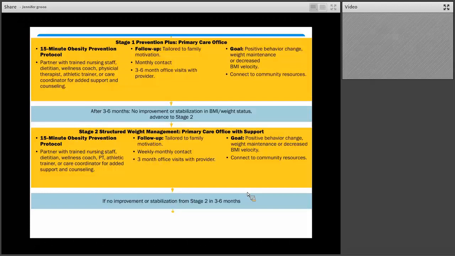And if not, then the recommendation is that we advance to stage 2, or offer to families the opportunity to contact and meet with them more frequently, and offer them more support. So stage 2 is also called structured weight management. Again, it's meant to be done within the primary care office with some support. So again, looking at what other opportunities you have to partner with dietitians in your community, physical therapists, wellness coaches, all of those folks we mentioned above,